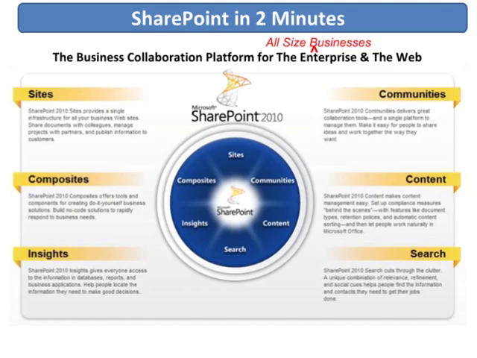If we break it down into the 6 different components, you have sites. Sites are basically the building blocks that allow you to build your intranet sites, your team sites, your extranet sites, departmental sites. So you can create your own websites for the particular function that you'd like to use it for. Then you have communities, which is the ability to share information and tag information with some of your colleagues.